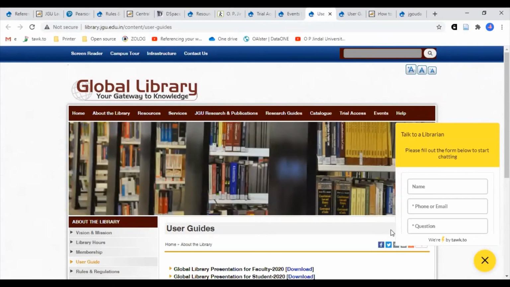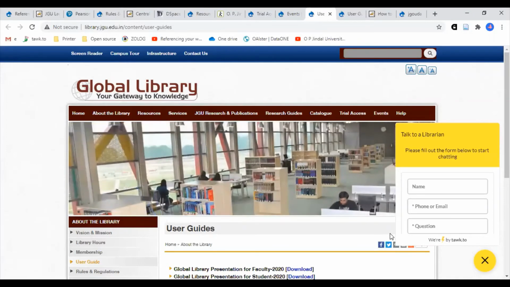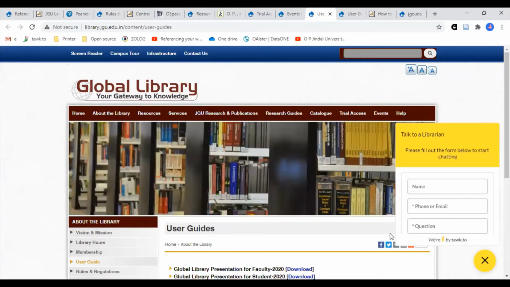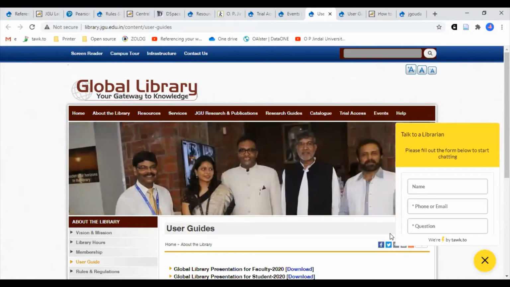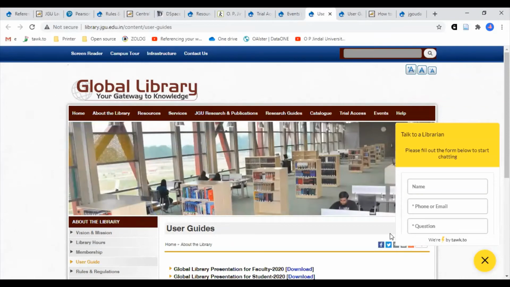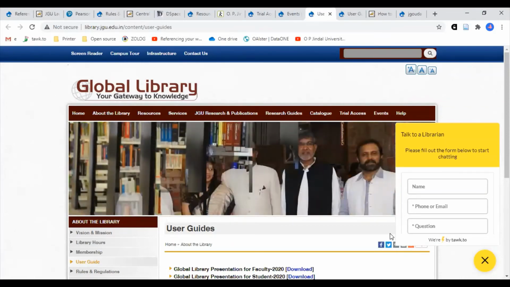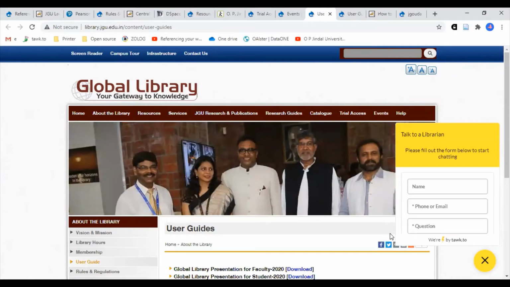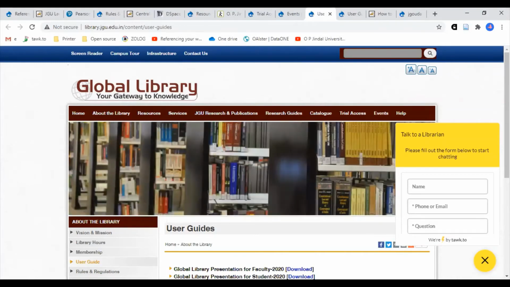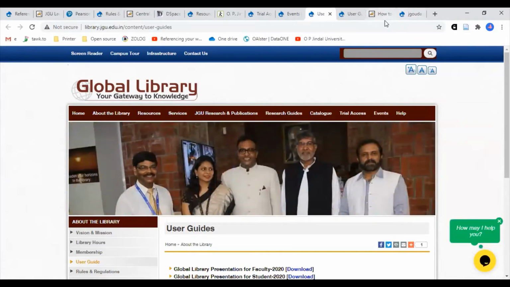Other than this, we also offer live assistance over MS Teams. By calling up at glus@jgu.edu.in, you can just connect with one of the staff members, and we can guide you, and you can get the required directions related to the queries which we have, or in case you are stuck with any of the resources.